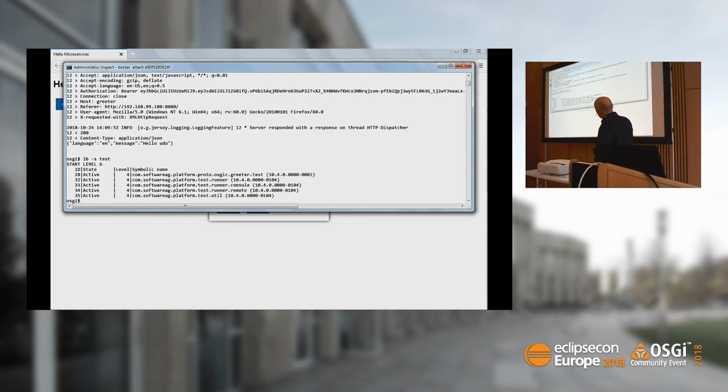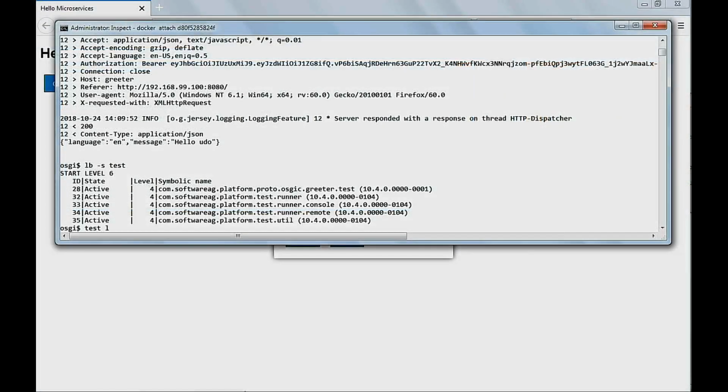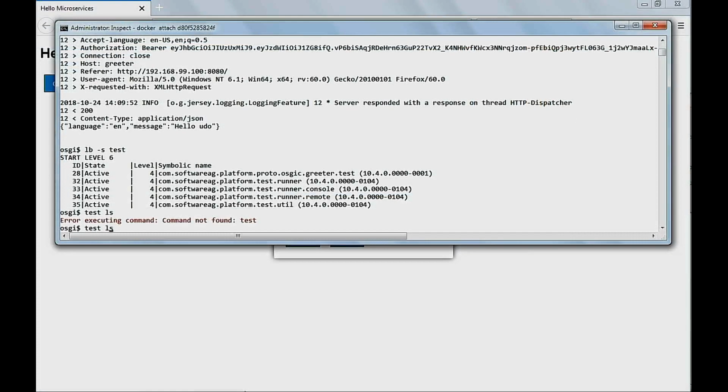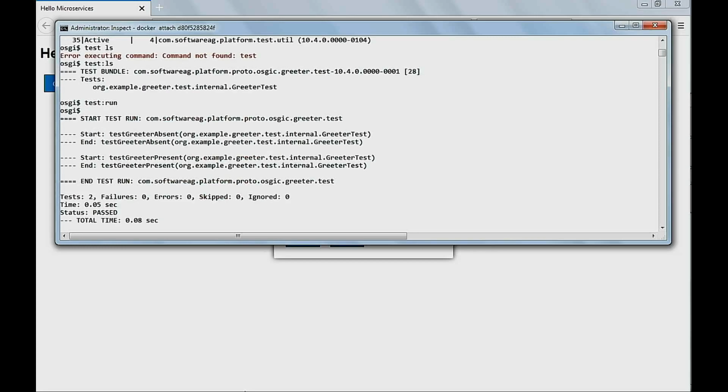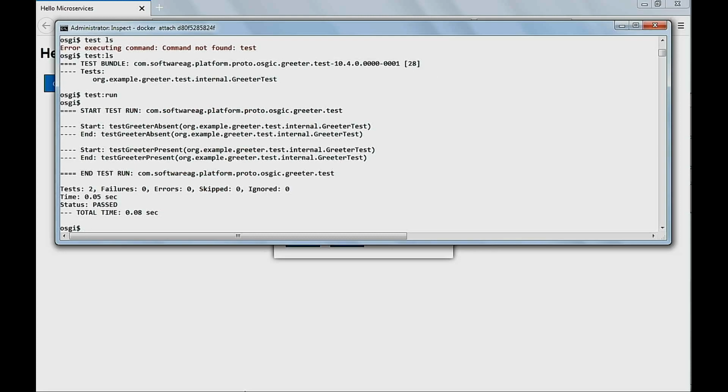And the TestRunner is a little bundle that simply inspects the environment for JUnit compatible tests. You can call it to list the tests that it finds in this specific platform, and you could run them. So you could do some local testing in your container. So it's also something nice you can do.